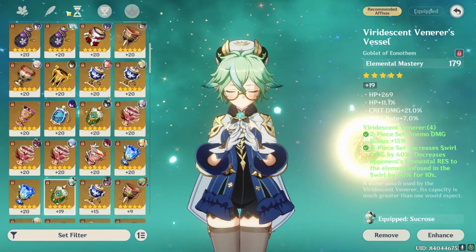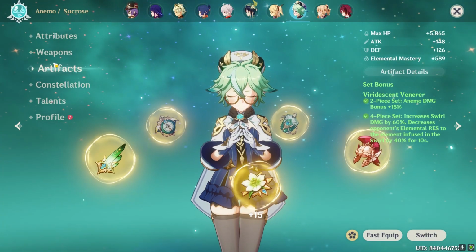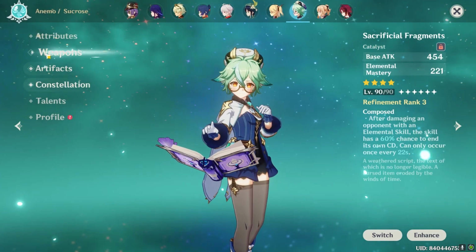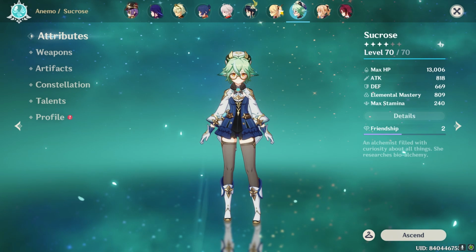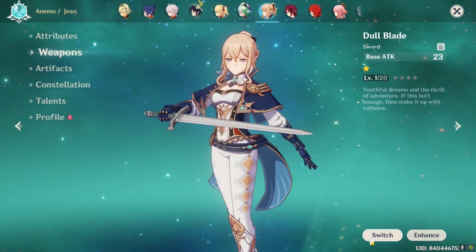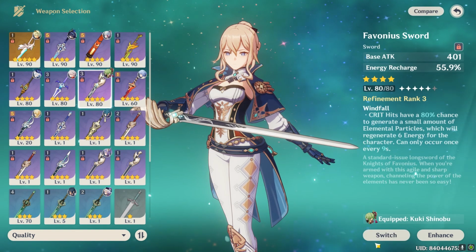This is Elemental Mastery, Elemental Mastery. Yep, that's good enough. Weapons, Sacrificial Fragments. Why is it level 1? Use this thing instead. And that is your... okay, Jean. Also Viridescent Venerer. Does she have enough energy recharge? Not with this weapon. Let's give her the...